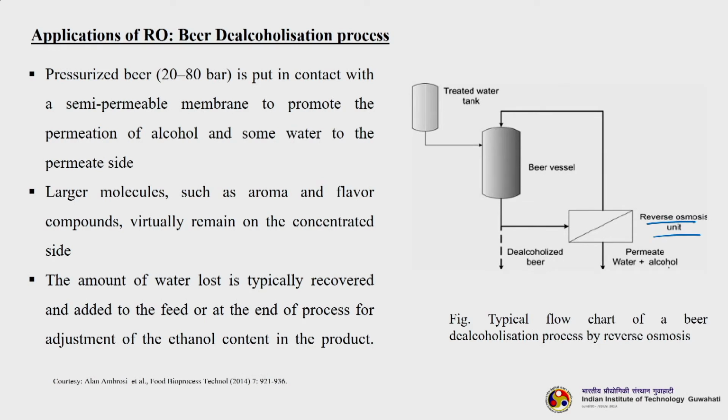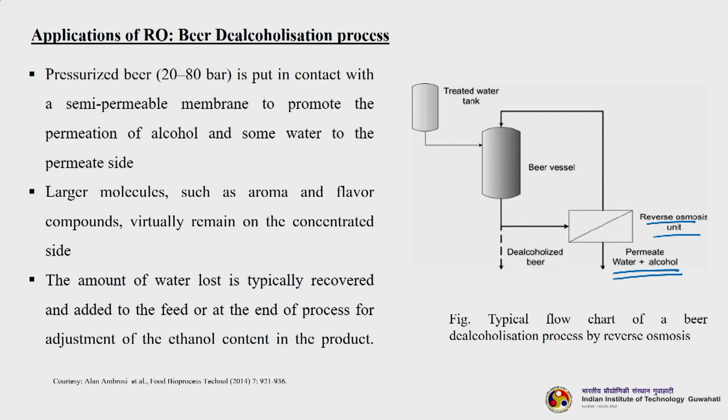So, that means here on the permeate side some water and alcohol is coming along. But one of the disadvantages is that this particular system becomes a costly process. The RO system needs a high pressure. So, that is one of the most important things that has to be taken care of when you calculate overall process